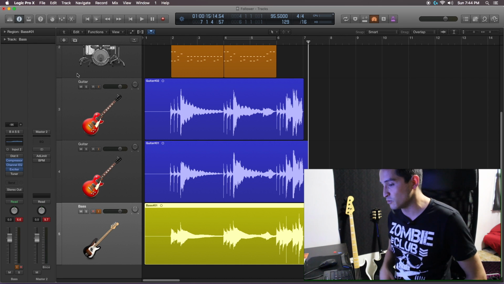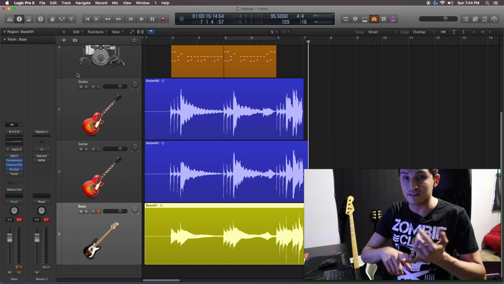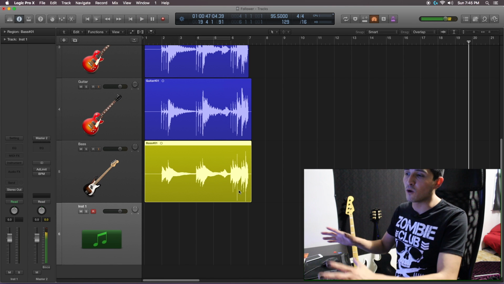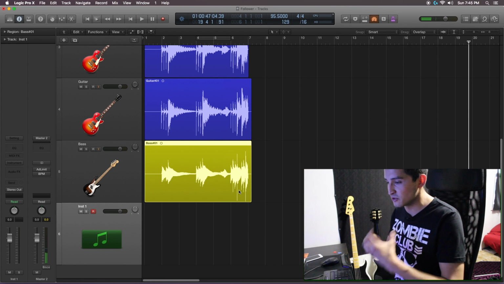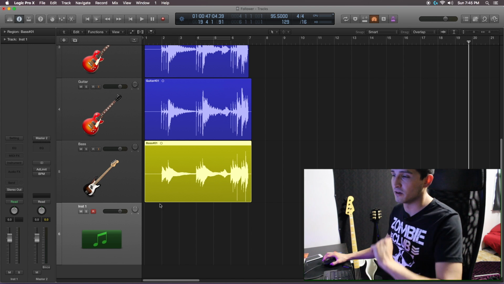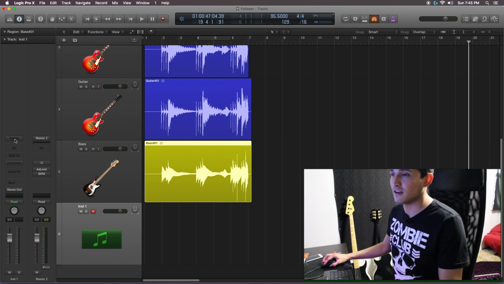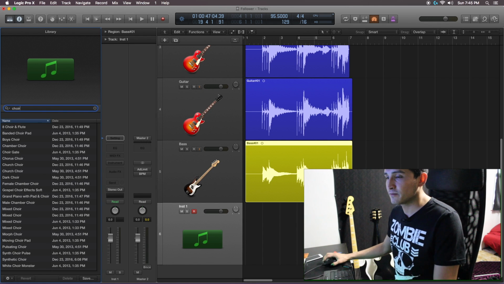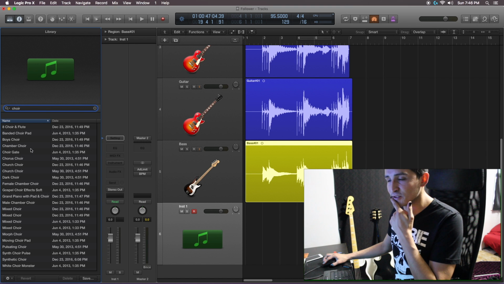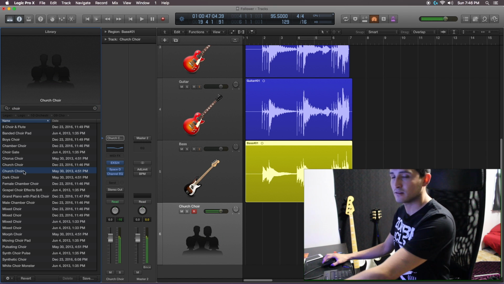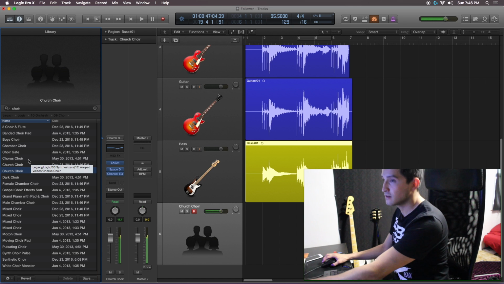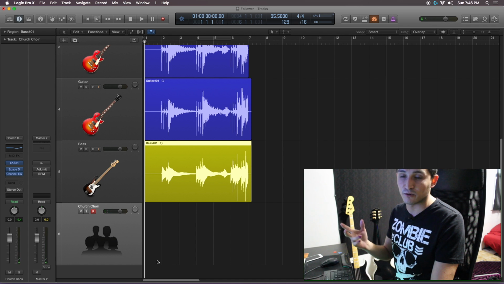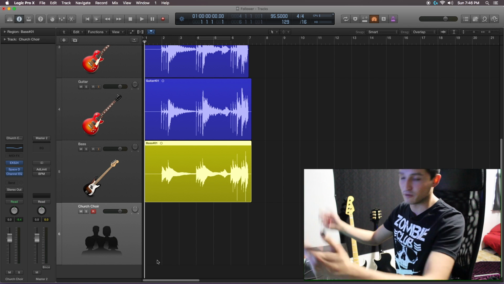Once I do all the bass parts, I move on to either guitar leads and keyboard effects, sound effects. This song has a kind of choir sound effect, but it has a little bit more of a choruslike vibe going on there. So I'm just gonna go with the choir for now, and later on I'll try to find something close to it. The choir I like to use is the church choir. So I'll go with that for now, and same for every single song, I just play along with it.